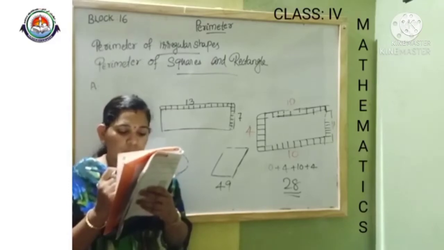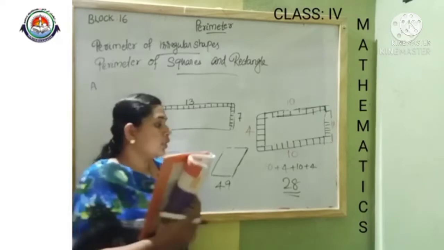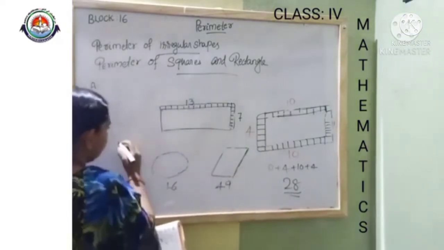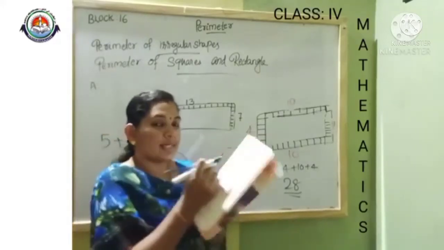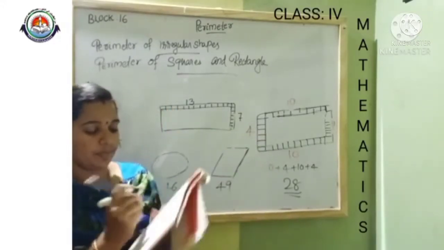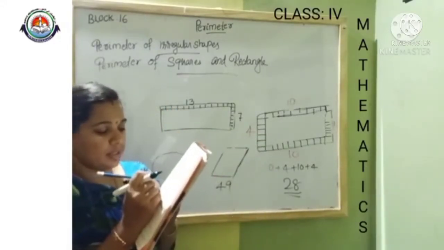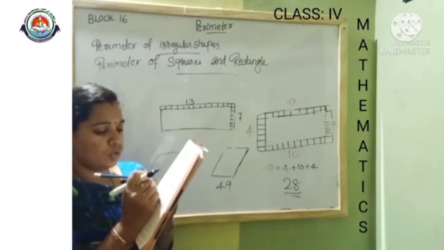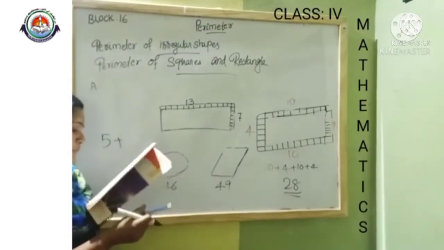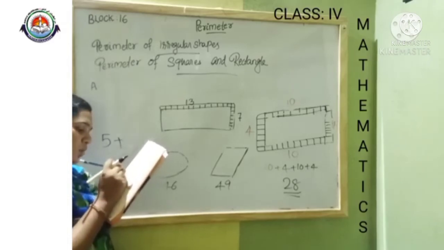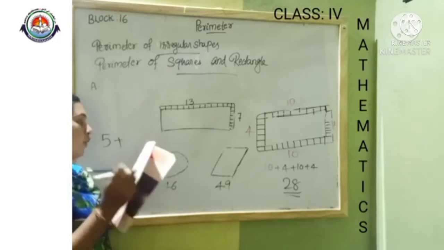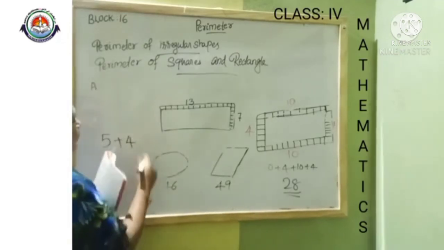1, 2, 3, 4, 5. Top 5. And I wrote here 5 plus. Then side, right side. 1, 2, 3, 4. 1, 2, 3, 4. Here 4. The side is 4. Next